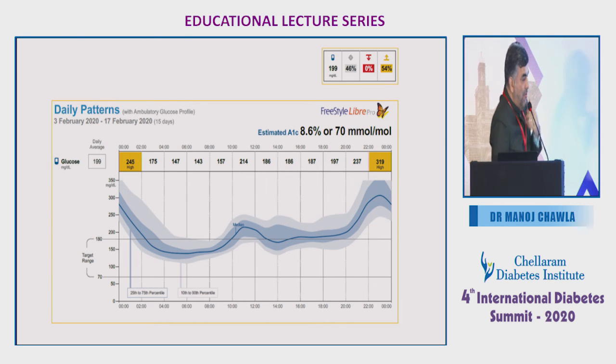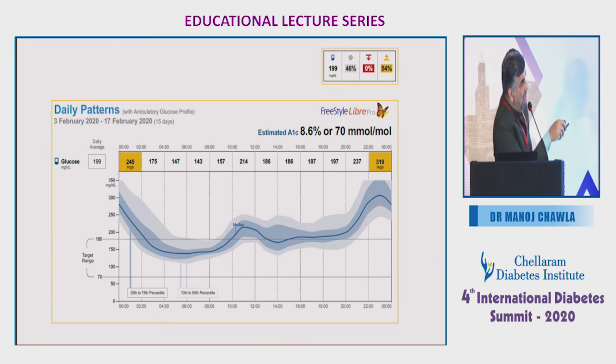Manoj, may I make a point? Yes, of course. I think Dr. Manoj is trying to say that if you look at stability, we are talking about intraday variability. So there are two types of variability. There is intraday variability, which means variability within the day. And there is inter-day variability, that means variability between the days. Now the median, the line you see in between, gives you the intraday variability, which is also a marker of stability. Yes. And the two shaded areas, the dark blue and the light blue, give you the interday variability, that means between Monday and Tuesday and Wednesday. So these are the two concepts you need to be aware of.